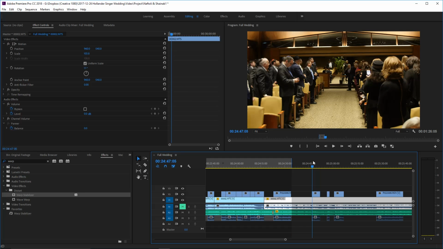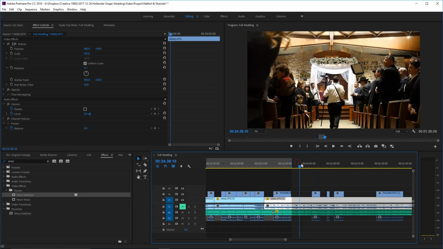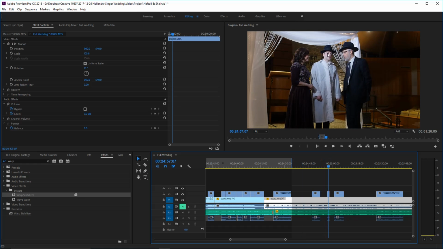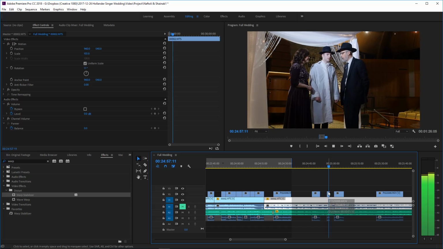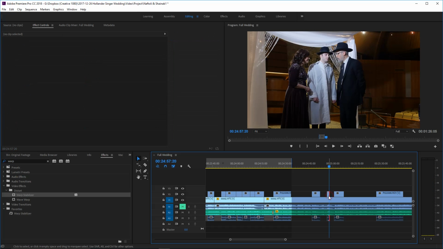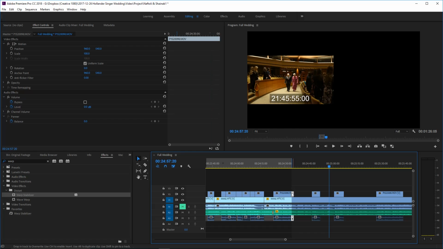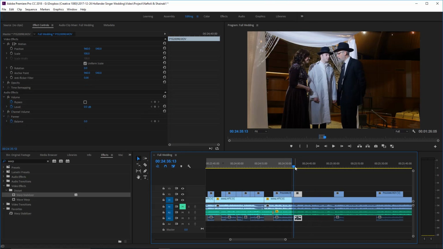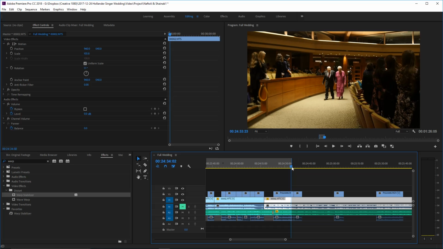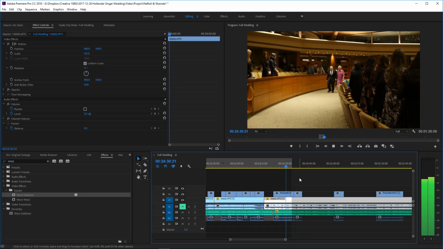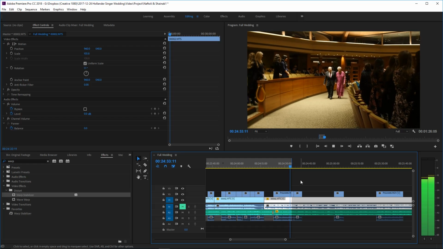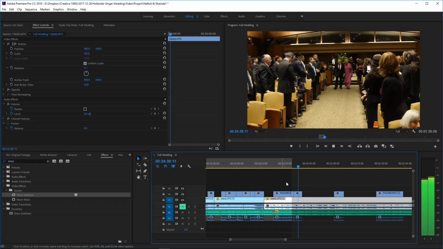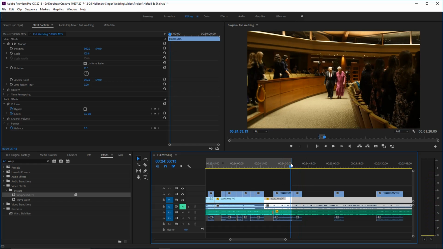Over here, we could use shots of them walking down from the back. That works. Between this and this, I kind of need a break. I need something to cut to, and I don't really care to use the second camera if nothing's actually happening in it. So I'm going to jump ahead and pull this clip of the groom, put that right there, and that will be the break between when they're further up the aisle and when they come around the bend. Let's see how that plays out.